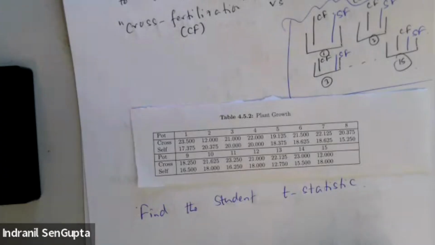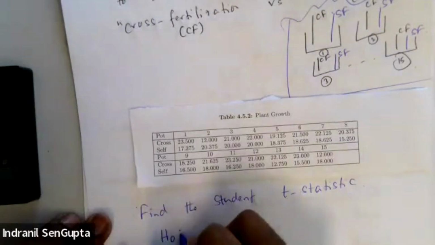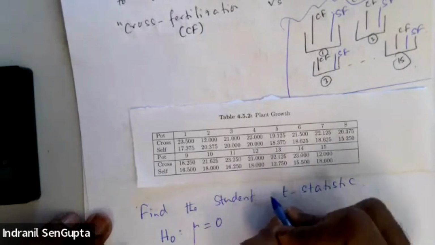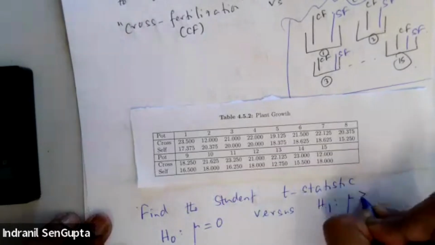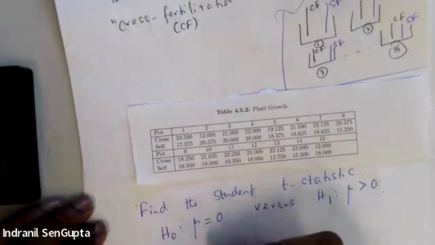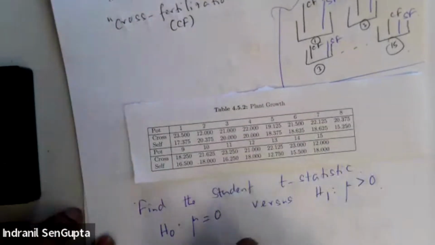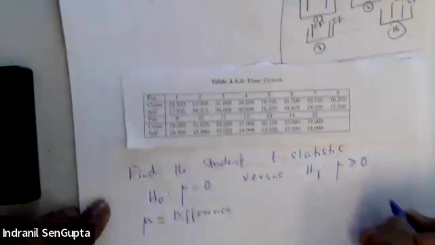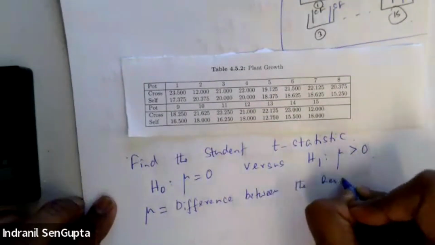Here the null hypothesis is H0: mu equals 0 versus H1: mu is bigger than 0. What is mu? Mu is the difference between the heights,